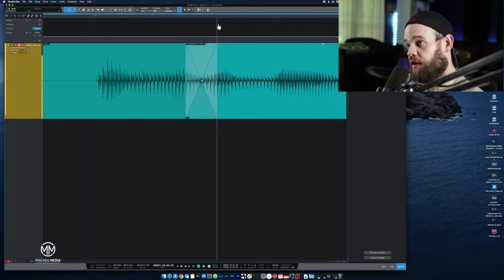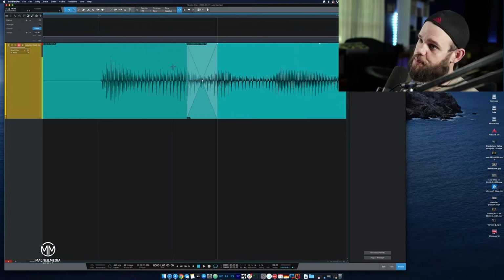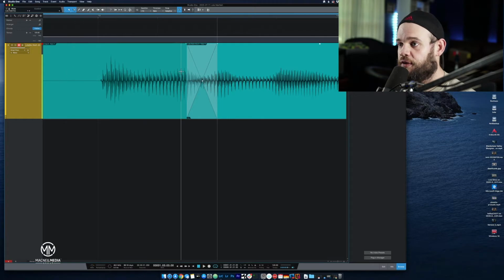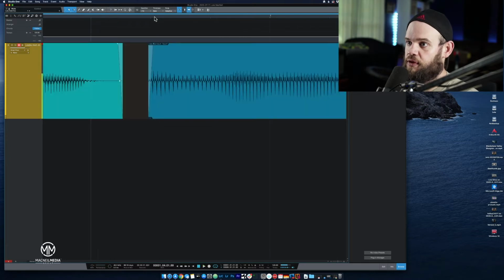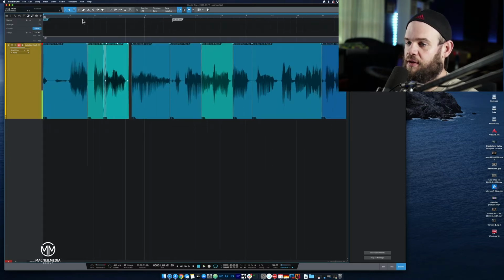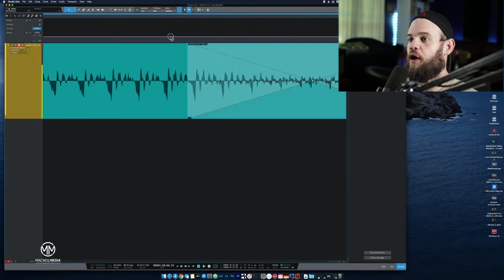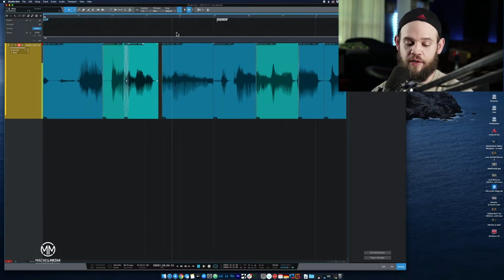So you can see I've moved this piece of the track over this piece of the track, and it made this little crossfade, so one of them fades out while the other one fades in, and it makes it sound natural. Let's listen. I'm not actually hearing it back, so I hope it's demonstrating what I want it to demonstrate. But yeah, this is a helpful thing when you're doing audio, especially in video production,